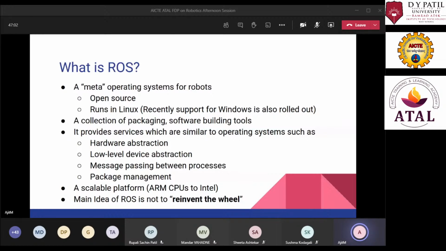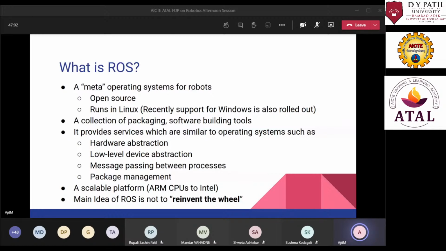The Robot Operating System is completely open source and it runs on Linux. Recently, Windows support is also rolled out, but it is still in beta development, so it is not suggested to be used. But Linux is well supported and well developed.